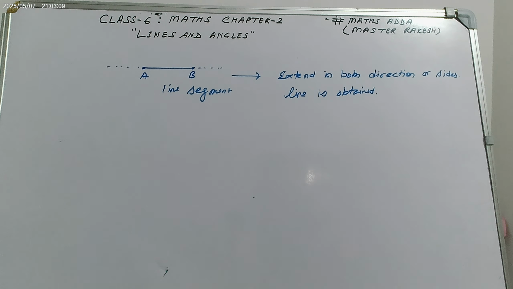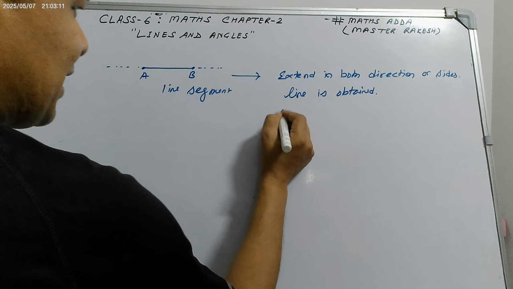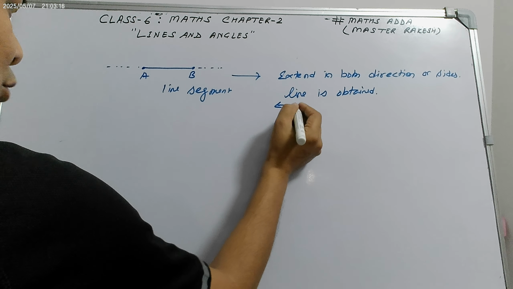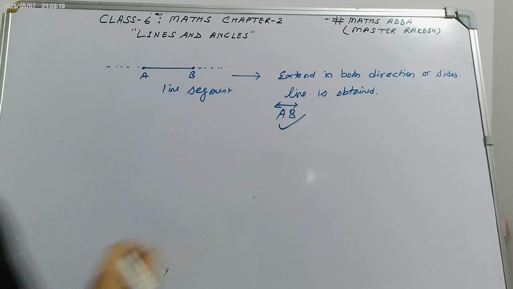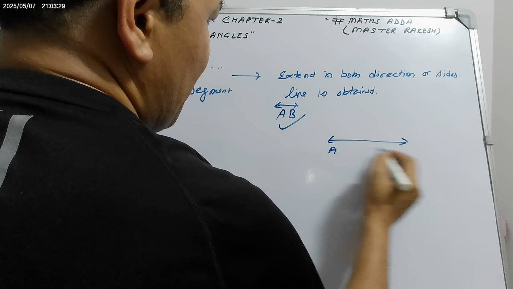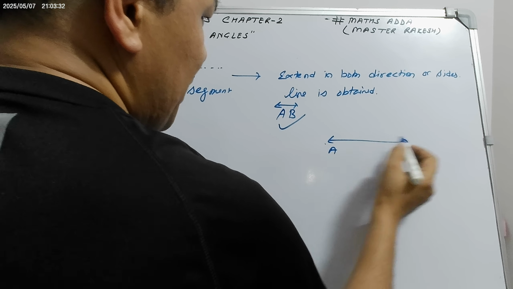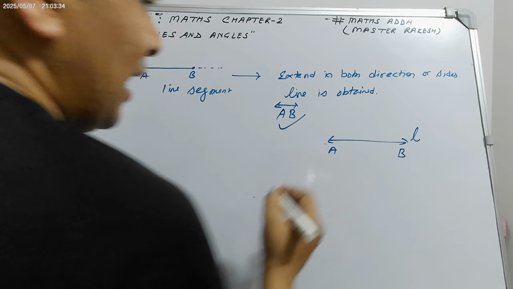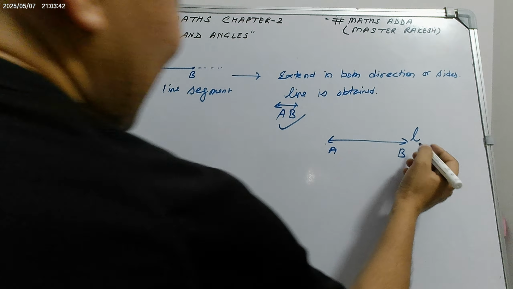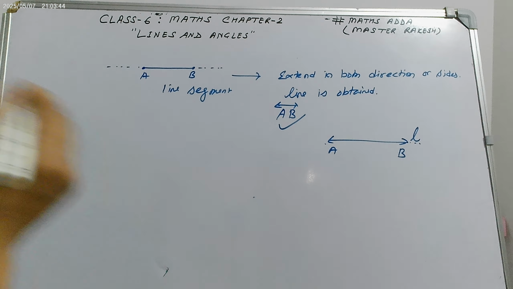Okay, so a line is denoted like this. If AB is stretching like this in both directions, there is one arrow here and one arrow here, so it is denoted by this. Sometimes it is also denoted by a single letter. We called it AB bar; it is the AB line, this is the arrow, so we gave it the name L. We are putting it as L. L is the name of the line. So you are extending it like this. So this is a line L.